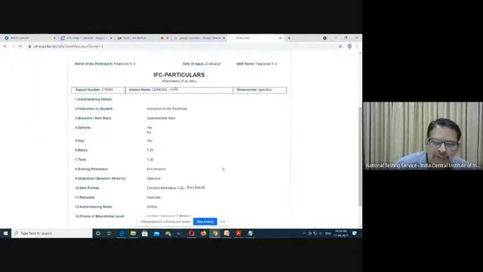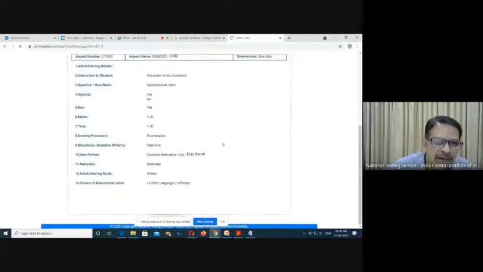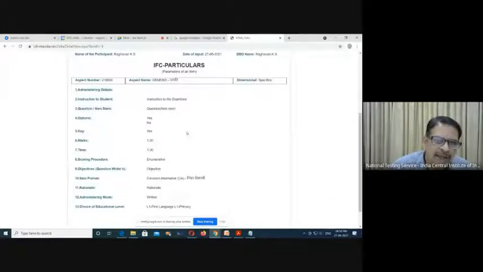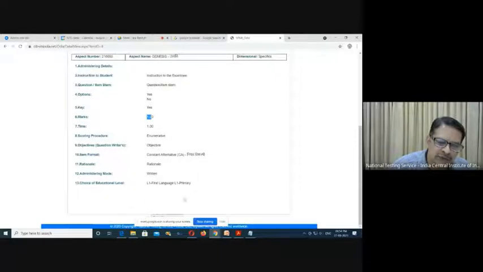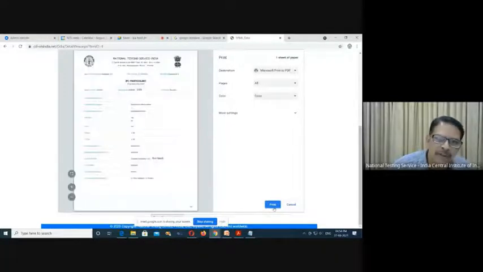If you click on view, it will come in an IFC format of 10 parameters. The aspect number I have selected is Genesis, the dimensional problem specific, yes or no type of question, carries 1 mark, enumerative, constant alternative, rationale, like that. If you want to take a printout, you can do it by clicking this. If you click the print button, it will be stored in PDF format.